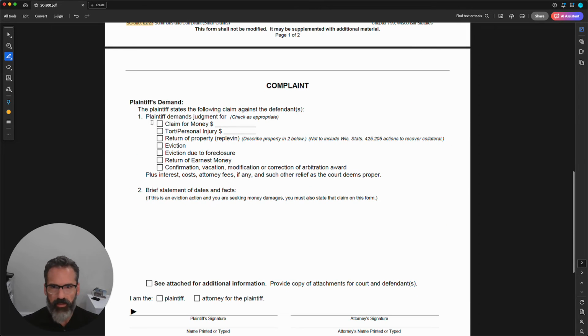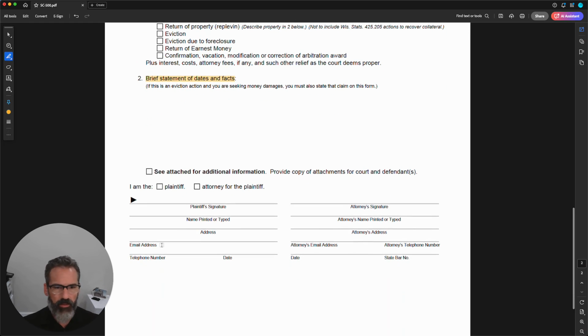Down here we get into the merits of it. We see the mirroring of those prior boxes up at the top on the type of case. So for claims for money, you have to put in a dollar amount and a brief statement of facts or dates. Now, see how this is just a small space here? You could, if you needed to, type everything up in a separate document and title it Exhibit A, and in this section just say, see Exhibit A. Pro tip, if you have an exhibit that's referenced in the complaint, make sure that it gets served with the summons and